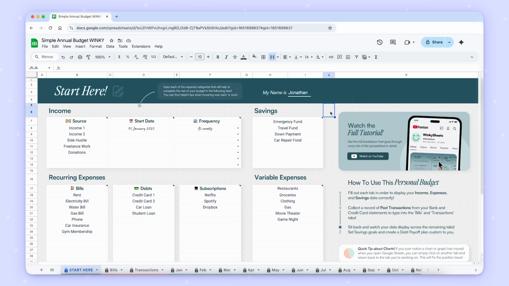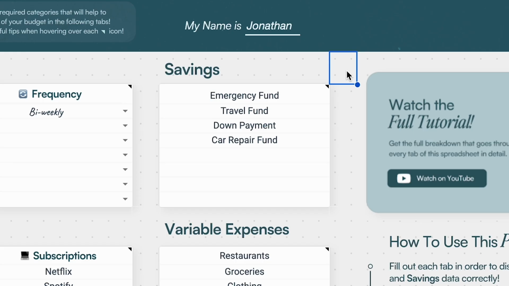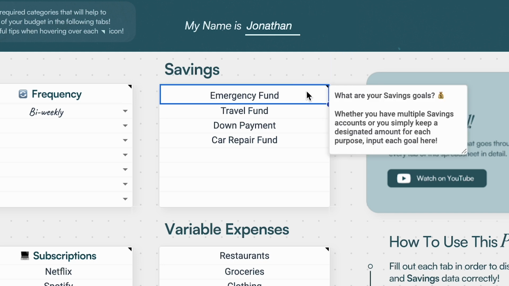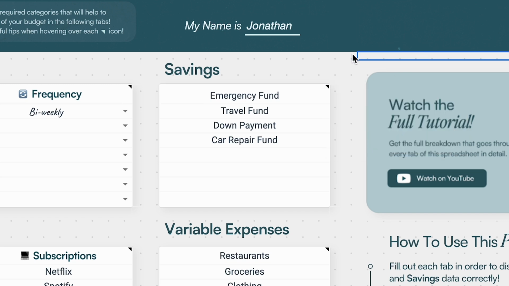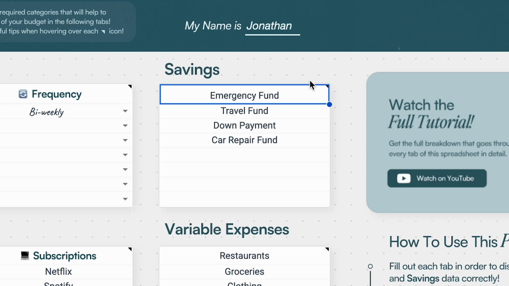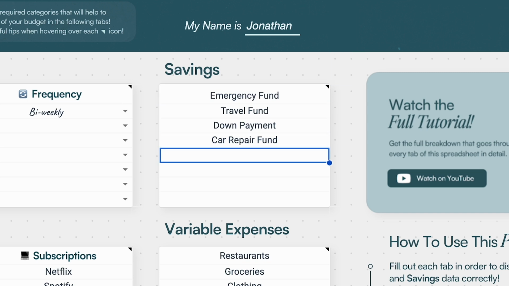Now, moving on to the savings column, we're going to enter any of our savings goals that we're trying to reach. If you're like most people, you may not have 4 different savings accounts. Think of this section more as the different goals that you're trying to reach for your savings. Maybe you're trying to save up for a down payment for a house. Maybe you want to have money set aside for traveling or for car repairs when those come up. We're going to enter each of those savings funds here so that we can measure how close we are to